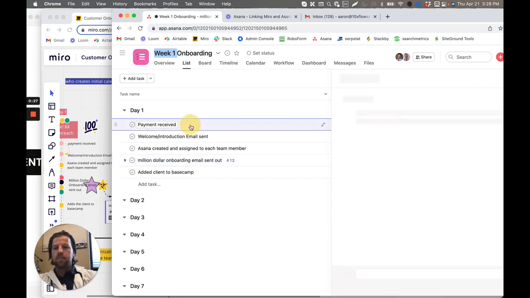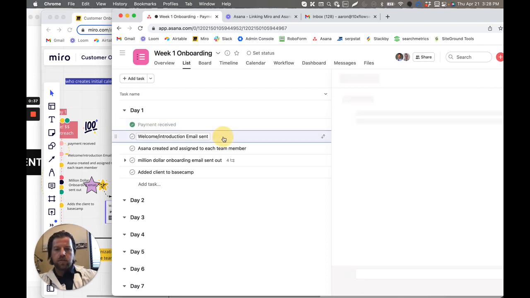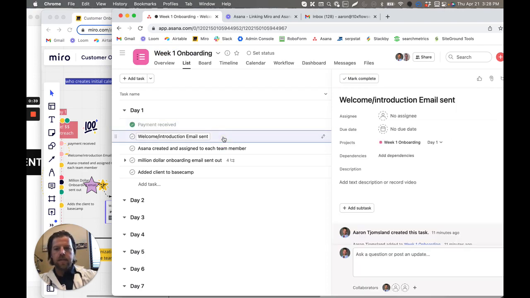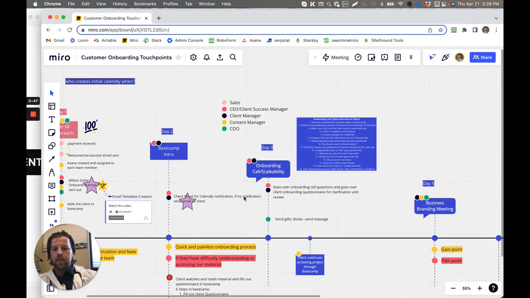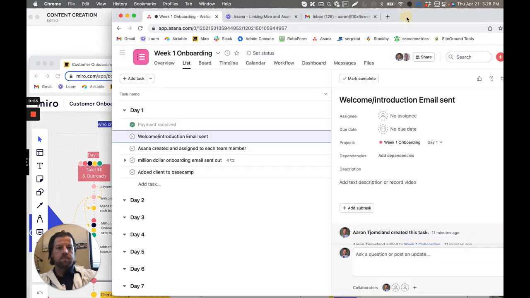So starting at the top here, this would be the first thing chronologically that we need to get done: the payment needs to be received. And then we send out the welcome or introductory email. And any of these that are assigned to different people, according to our map here, if we have a certain person that's in charge of the welcome introduction email, let's say that's sales, then